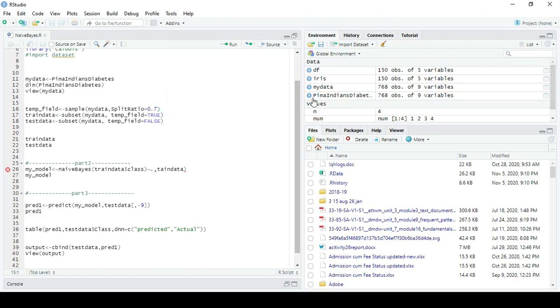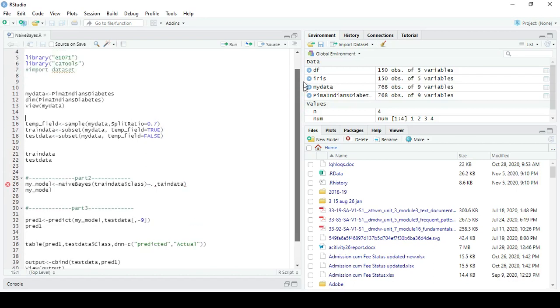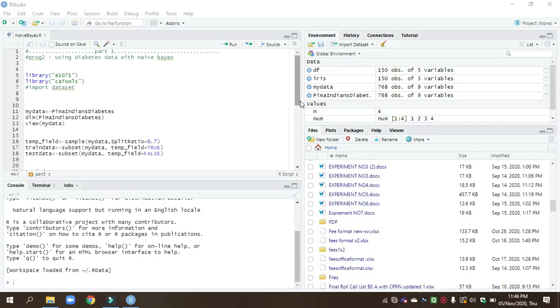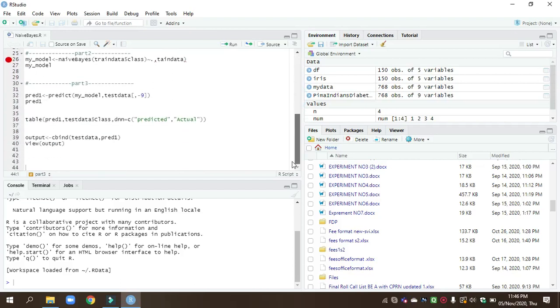Now we execute this program. After completion of the program, we start the execution.